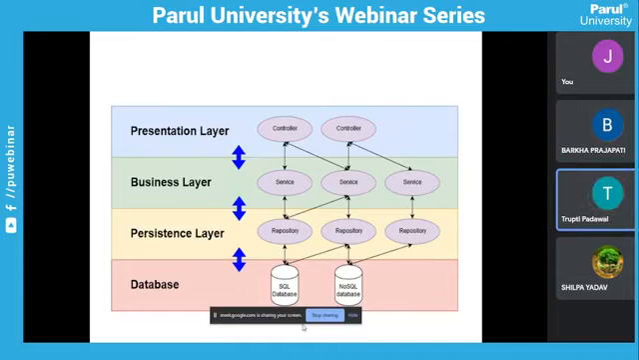Repository is nothing but where you are writing the SQL queries, not exactly SQL, but you can say the database queries are present in the repository layer. That query will fetch and get the record from your actual database, whether you are using MySQL, Oracle, or anything. So this is what